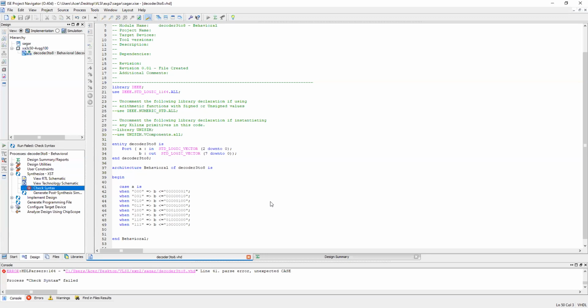Now in line 41, no, case A is right for this. Check what mistake I have made here.